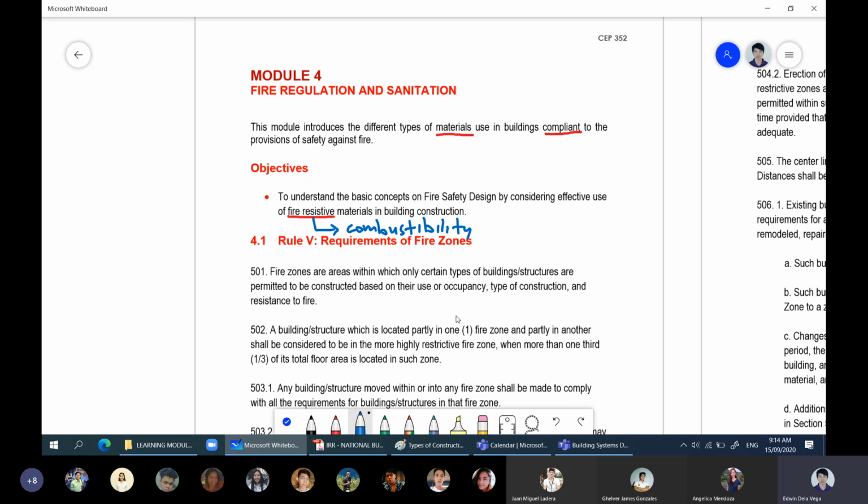Okay, 502, a building structure which is located partly in a certain zone, let's say fire zone 1, and partly in another zone shall be considered to be in the more highly restrictive fire zone when more than one-third of its total floor area is located in such zone. So this means that